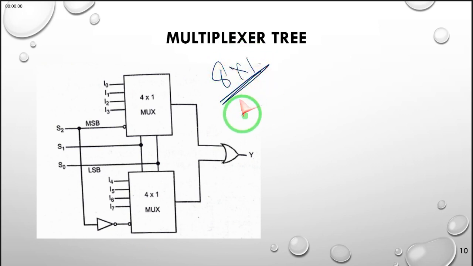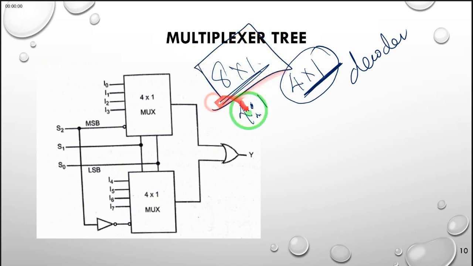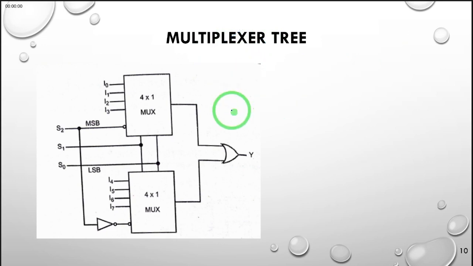Sometimes we may write 4 to 1 or 4 by 1, but I think the correct way of writing this expression should be 4 by 1, and I think we will use 4 to 1 when you are talking about decoders. So for now, I think we will stick with this notation of using the times to represent the ratio of input to output. So the best way to illustrate the use of a multiplexer tree is by using an